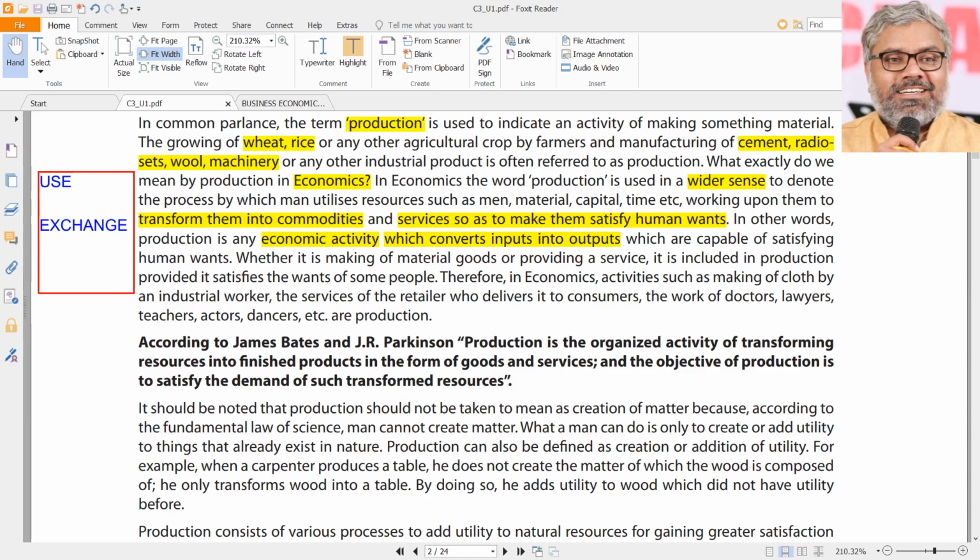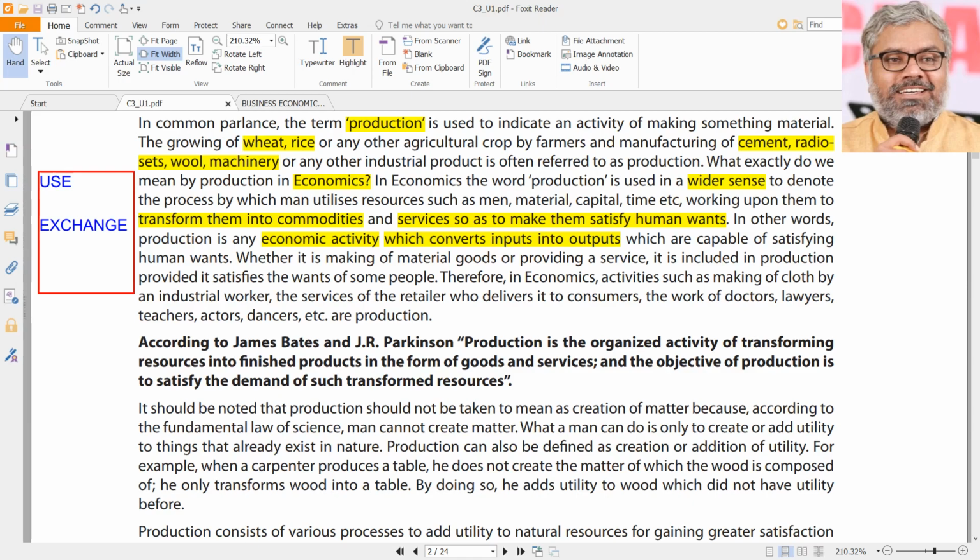But if you look at the essence of them, the activity could be the same. The process of converting atta into chapati is the same, whether it is done at home or at a restaurant. Of course, the people doing it are different, but that is not what makes them different. What makes them different is that the chapati made in the restaurant has exchange value, but of course that also has use value. Everything that has exchange value will also have use value. We are not talking about that. But the chapati made by the mother at home has only use value. It doesn't have exchange value because you don't pay her to buy that chapati in order to eat.